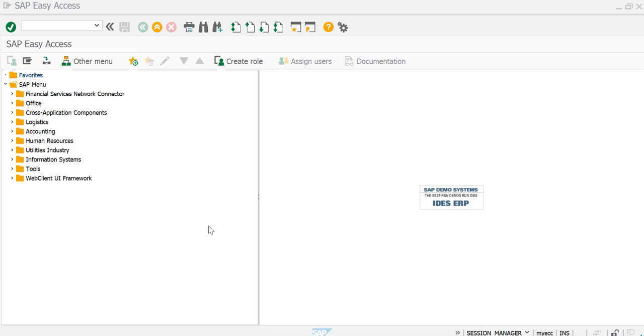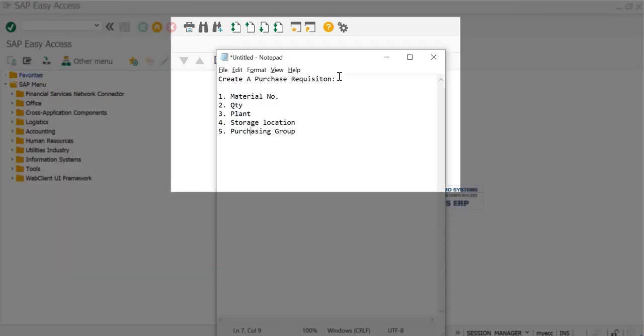The objective of this session is to see how to create a purchase requisition. The data that we need to create a purchase requisition is the material number, the quantity, the plant, the storage location and the purchasing group. So to create this purchase requisition, I'm going to use material number